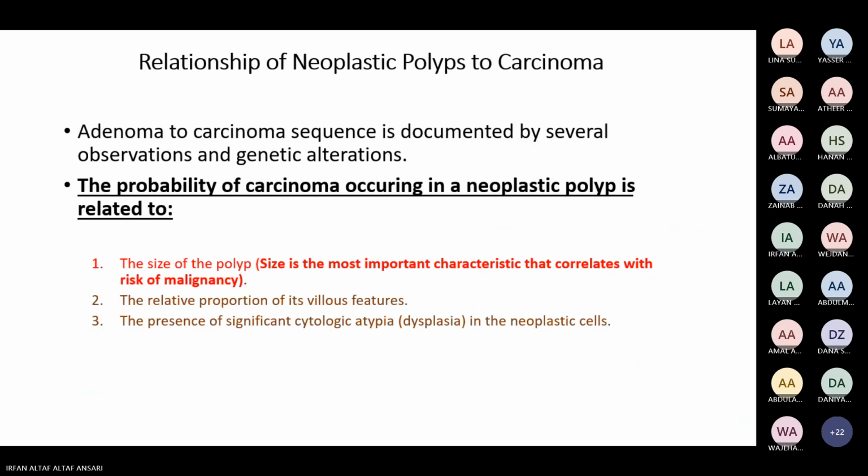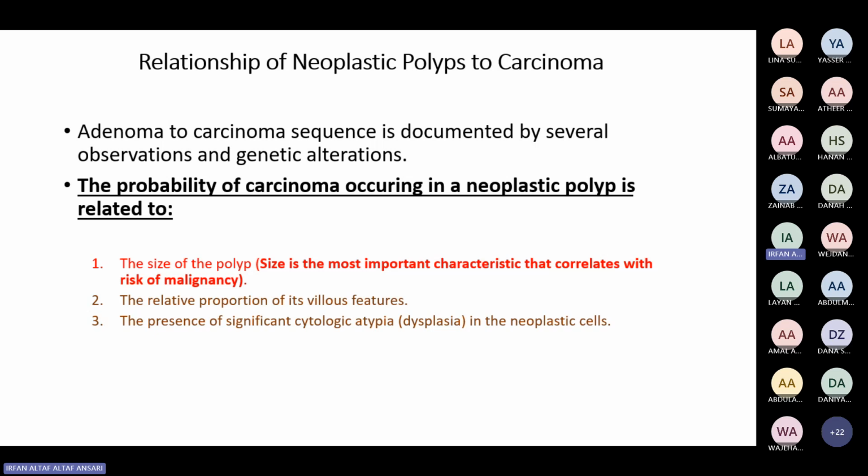Now, the relationship of these neoplastic polyps and their development of carcinoma. Initially these polyps are benign, but there are a few features in these polyps with which you can presume that there are high chances of development of carcinoma. What are these features, or what are the probabilities? The most important is the